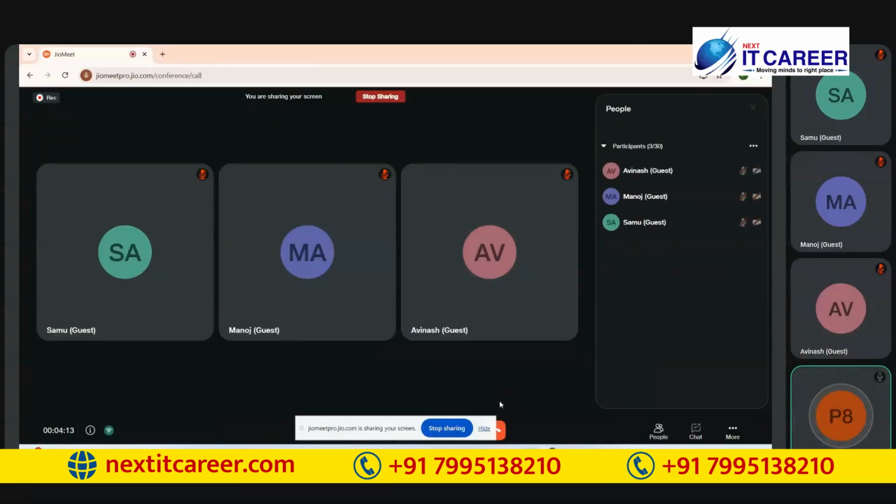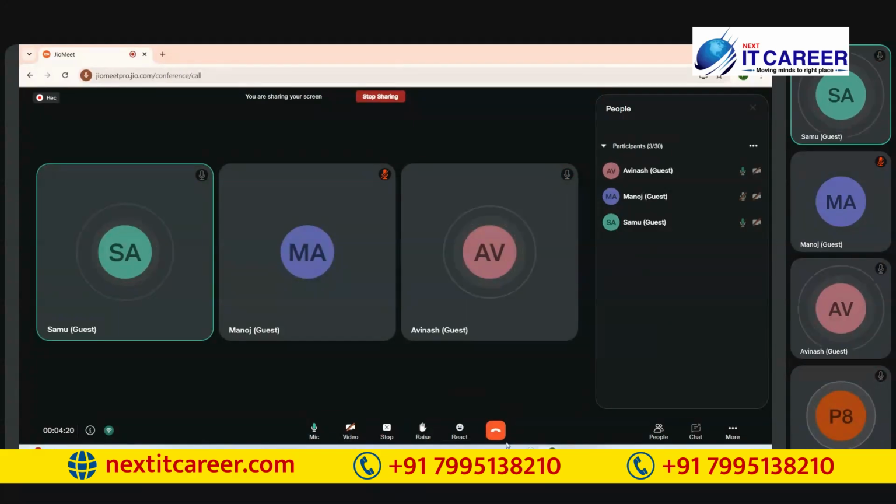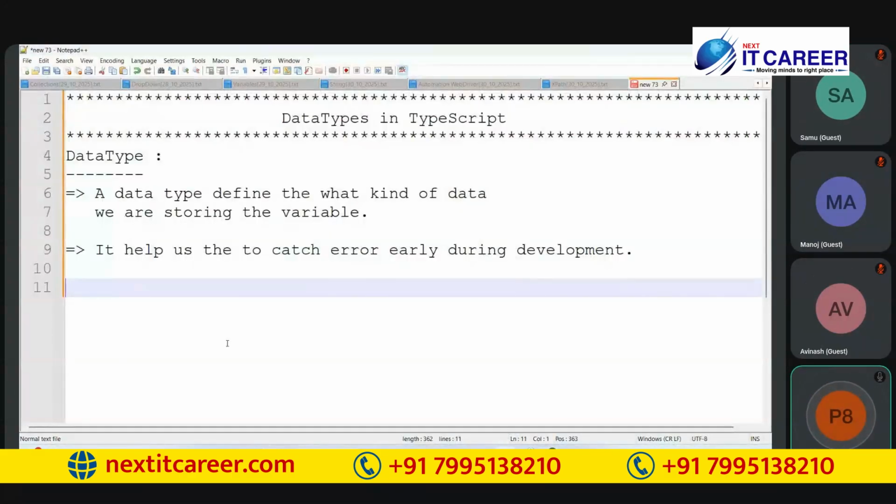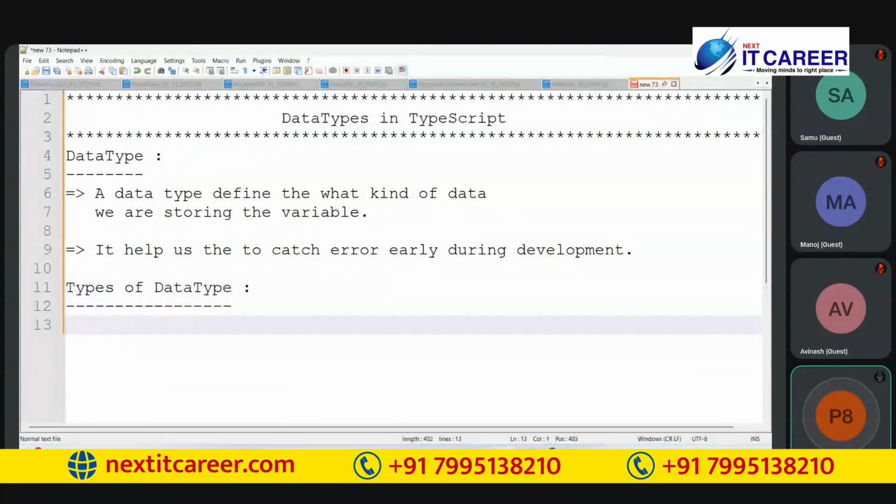Are you able to understand? Yes. So in TypeScript, we have two types of data types.